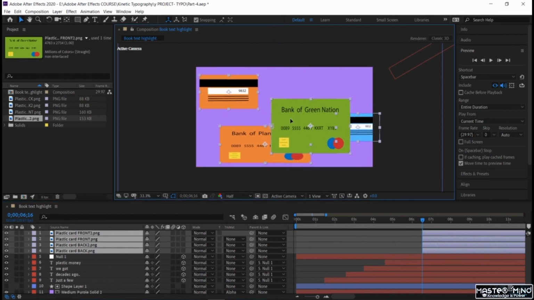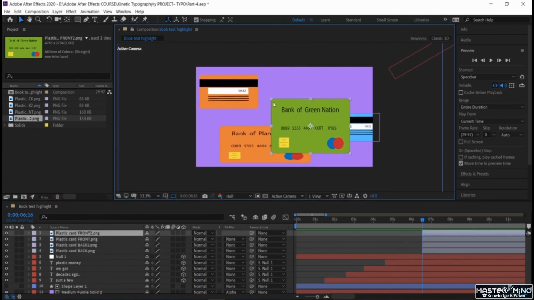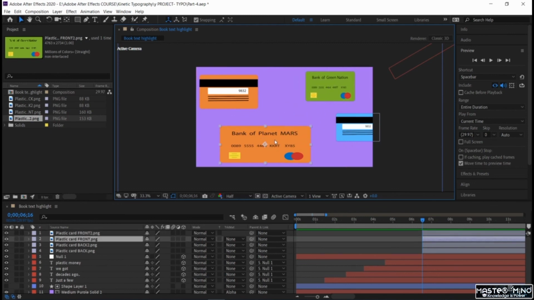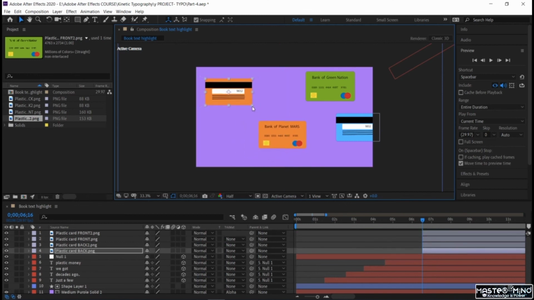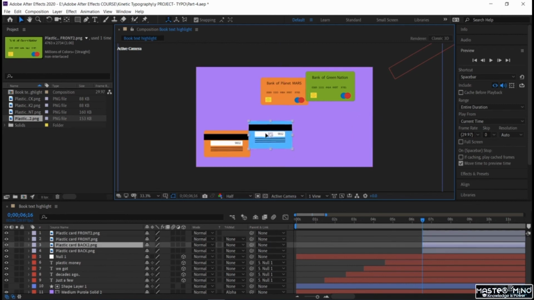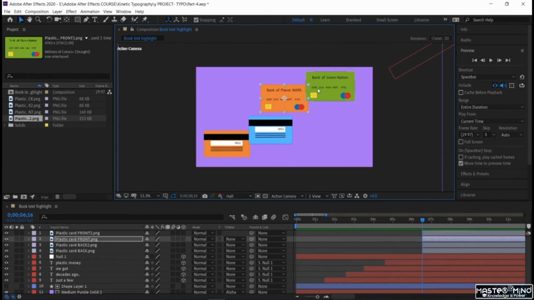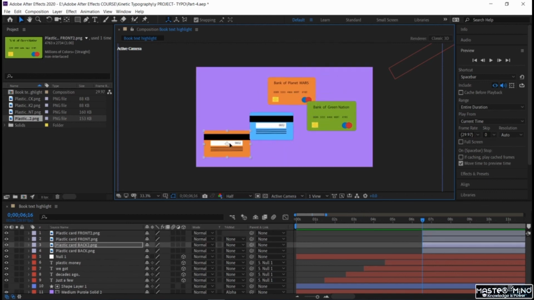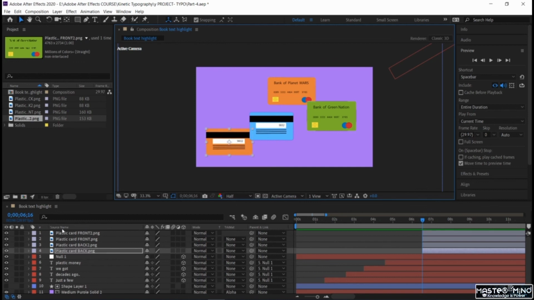Some people tend to use only text animation and kinetic typography, but I prefer to add a combination of images, because an image can speak 1,000 words. Sometimes your image could add some more meaning to your data or information. When you animate any text, it is also an image because it has been animated. It is not stationary text. So here it is. We have repositioned our